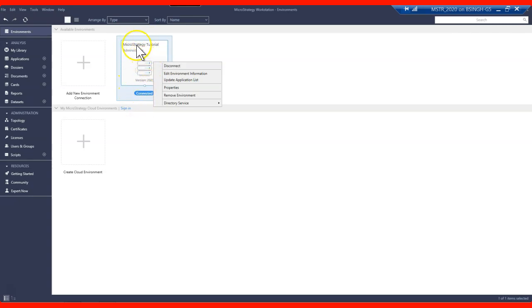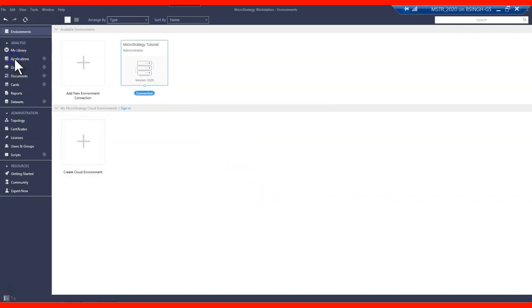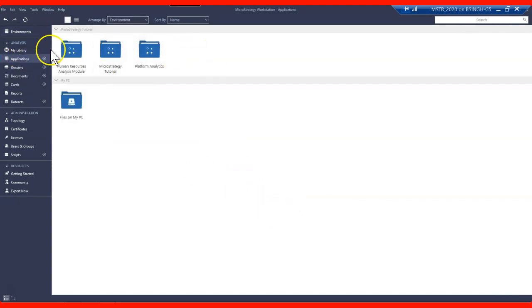That's my environment name, not my application name. Then update your application list. If I select all of them and go into it, I can now see all the selected applications inside my Workstation. So this is how you can update the applications later in your Workstation as well.